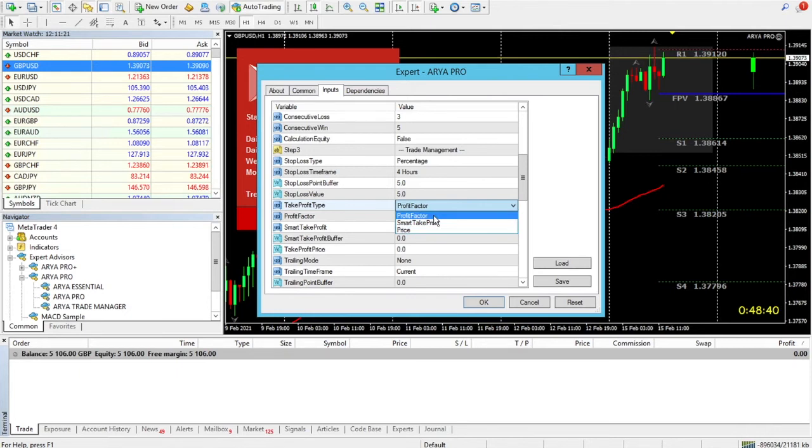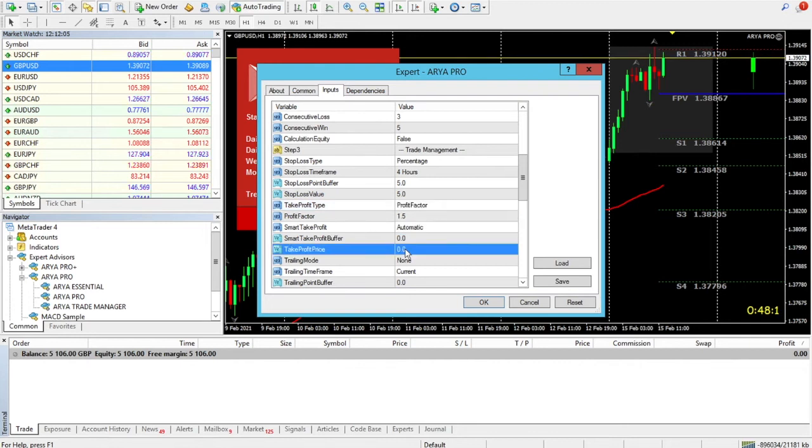With the profit factor, ARYA will place the take profit based on the profit factor. The smart take profit depends on the value of the profit factor. According to the profit factor, ARYA will detect the next appropriate limit, a pivot point, a resistance or a support level, and place the take profit. Or choose price and set a price in the take profit price field, and your trade will be exited at